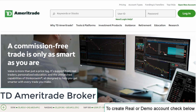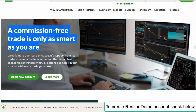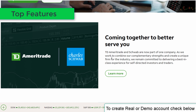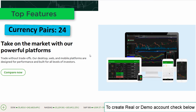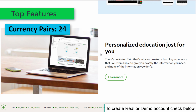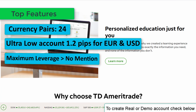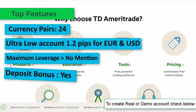Number 2, TD Ameritrade. The desktop application of TD Ameritrade, Think or Swim, comes with an excellent combination of functionality and design. It's a reliable broker working successfully for over 40 years worldwide, including US residents. The reason why it managed to secure its position on our top 3 US Forex brokers list is its high-quality